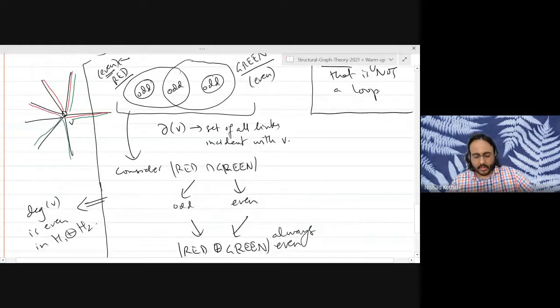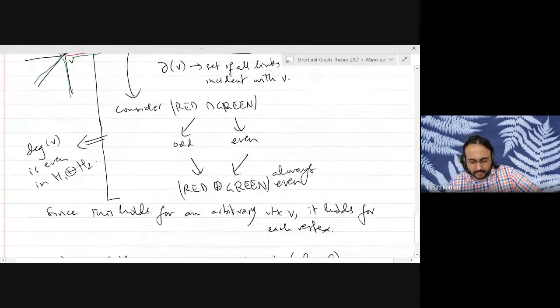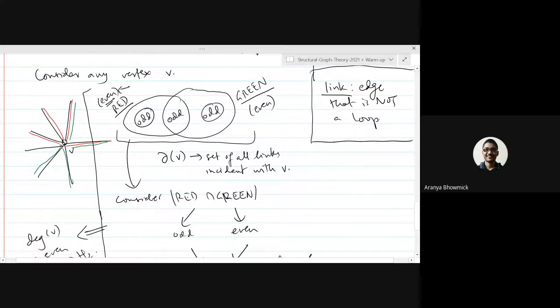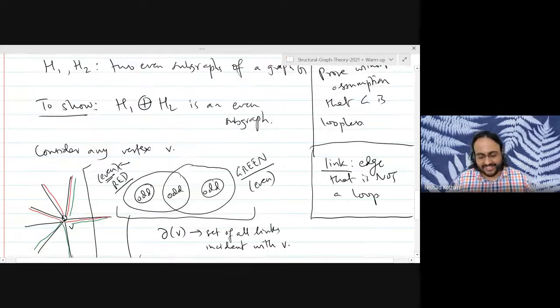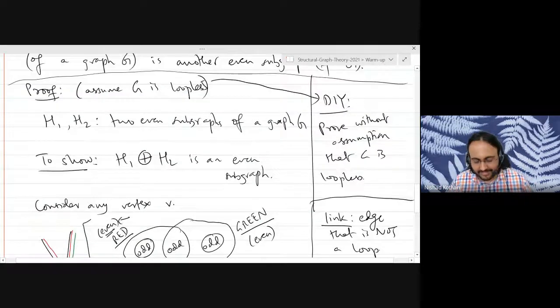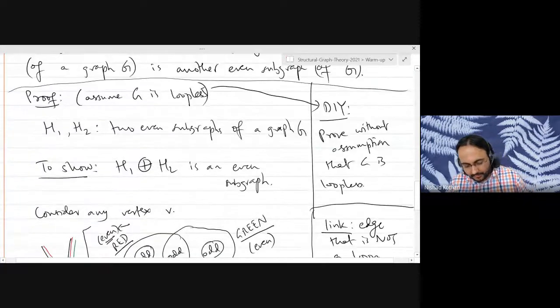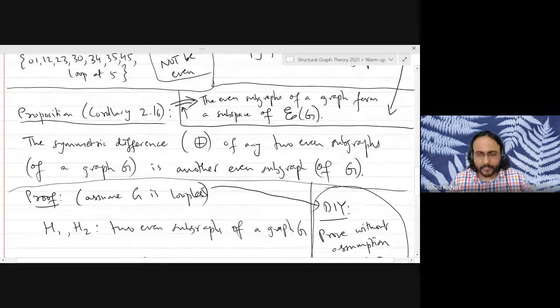Okay. Are there any questions or concerns regarding everything we have proved so far? Sir, I think if the graph has loops, then it will not matter, because how many loops will be there in H1 intersection H2? Right. So let's not discuss that further. Let's leave it to everybody as an exercise. Okay. You're right. Loops don't really matter. But I want everybody to think about that after the lecture. So what do loops do to the problem? Any other questions or concerns?